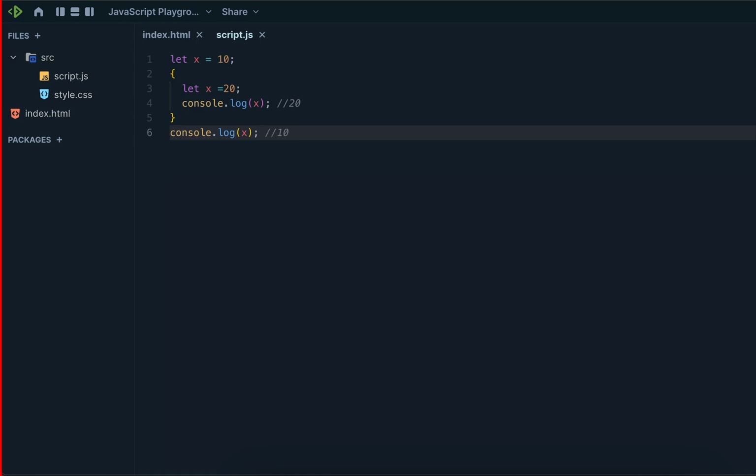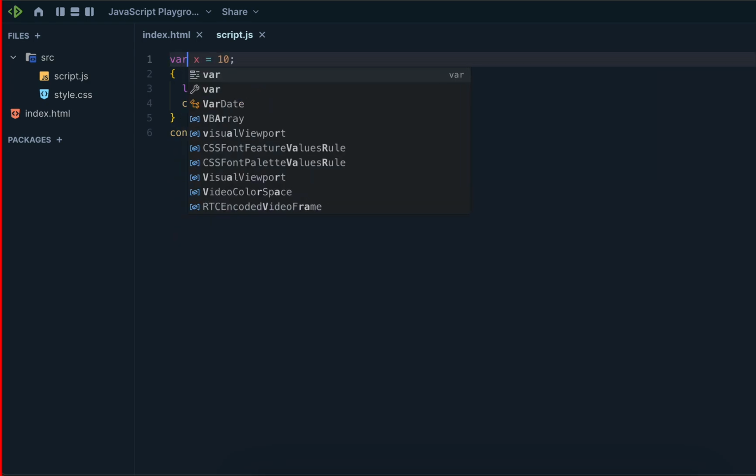That's the outer scope. Inside the block, there is let x equals 20. So the variable x is declared with 20 using let, so it is block scoped. Block scoped in the sense that it does not affect the outer x. Okay, leave it. So I am changing let to var.